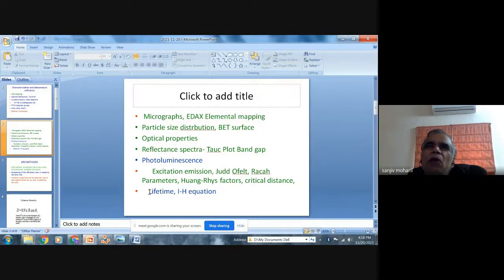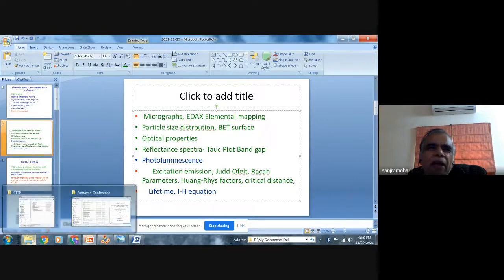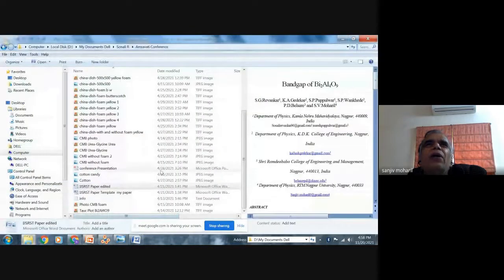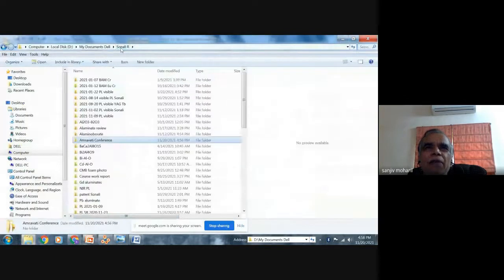Then we can also plot the lifetime. So for lifetime, in fact, we get this type of curves. We get intensity as a function of time after the excitation is stopped.